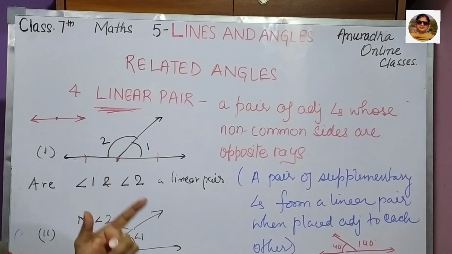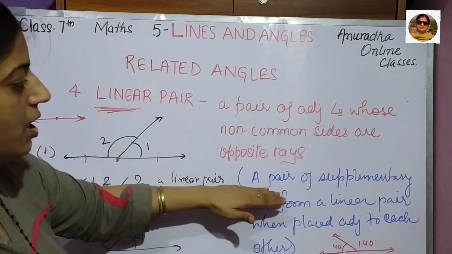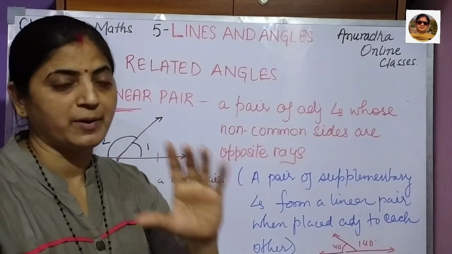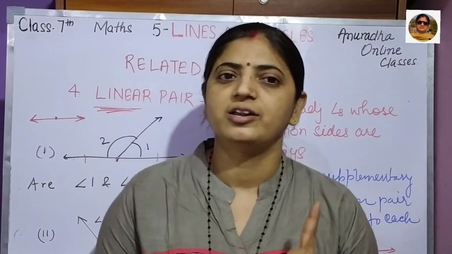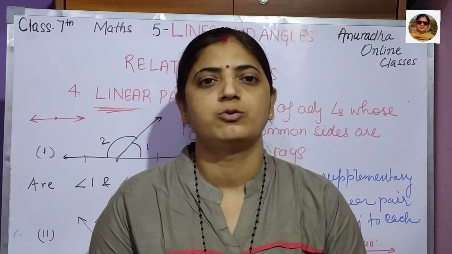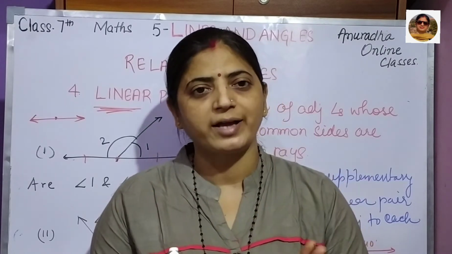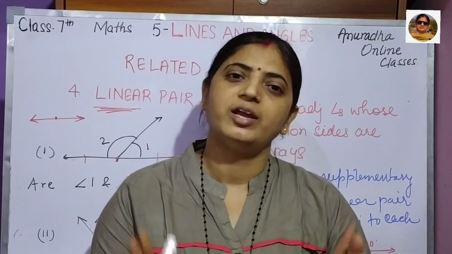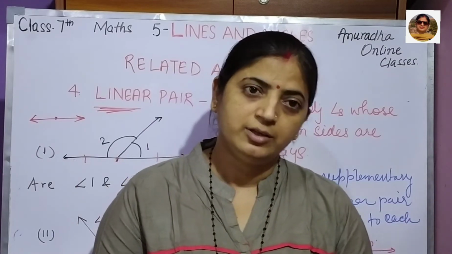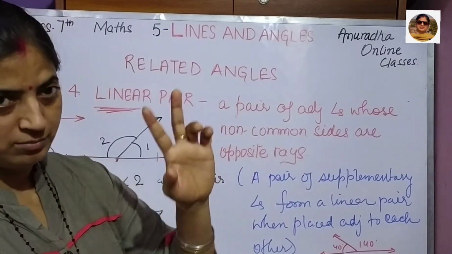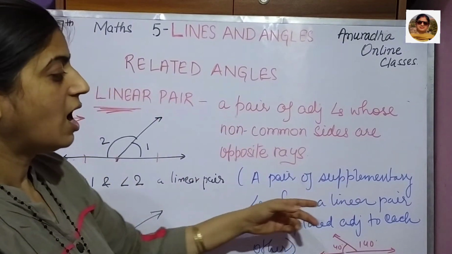Now one more thing you have to keep in mind, a pair of supplementary angles. Supplementary angles you have read: the sum of the measures of their angles must be equal to 180 degrees. So the sum of two angles must be 180 degrees, then only those two angles are supplementary angles. Now what we have to keep in mind: two supplementary angles form a linear pair